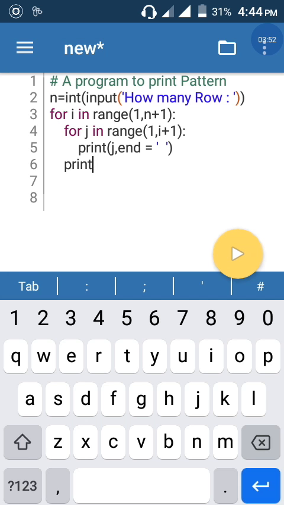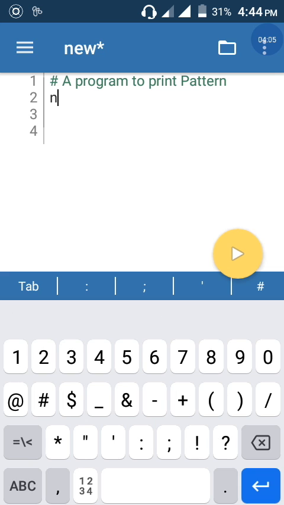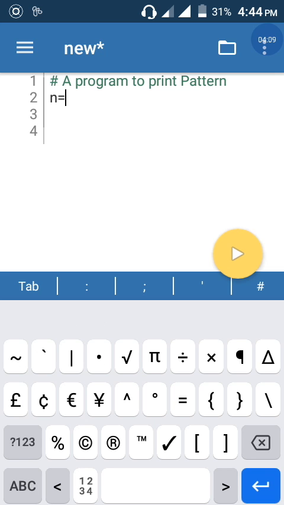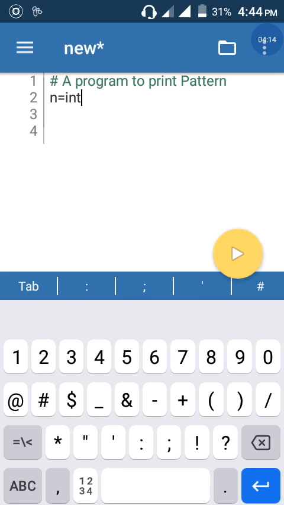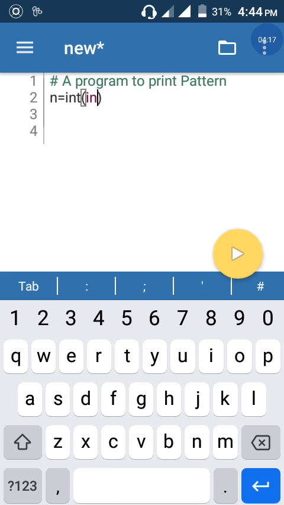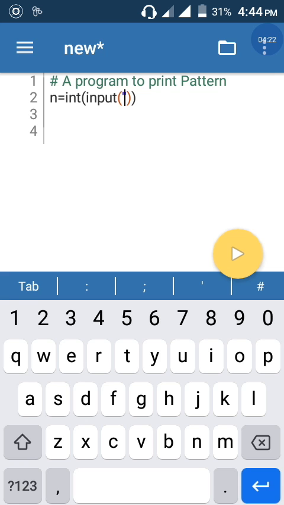I have seen this program with a while loop. In the while loop, how does it work? Okay, n equal to int, input, bracket, single quotes, "how many lines". Okay,